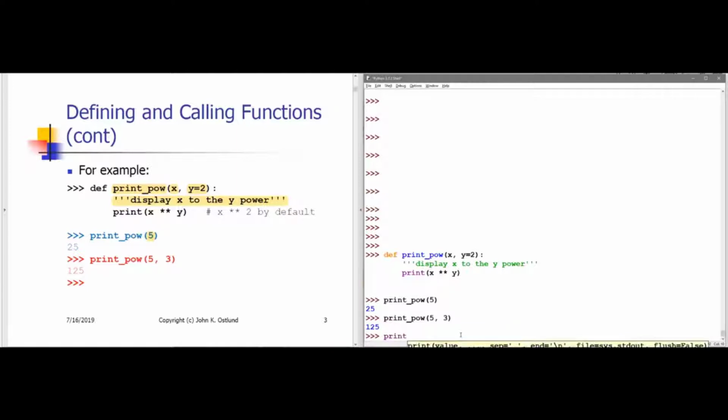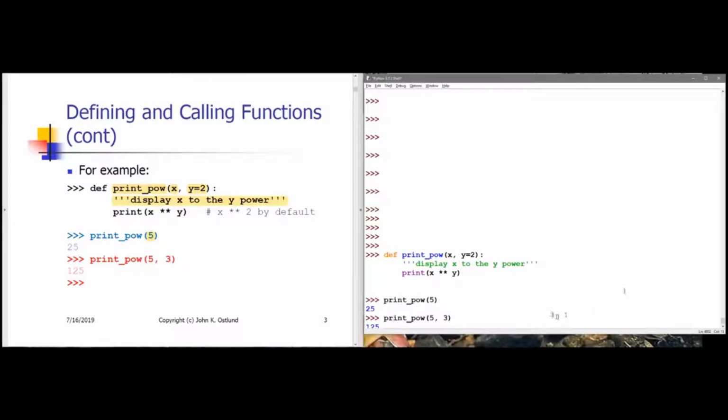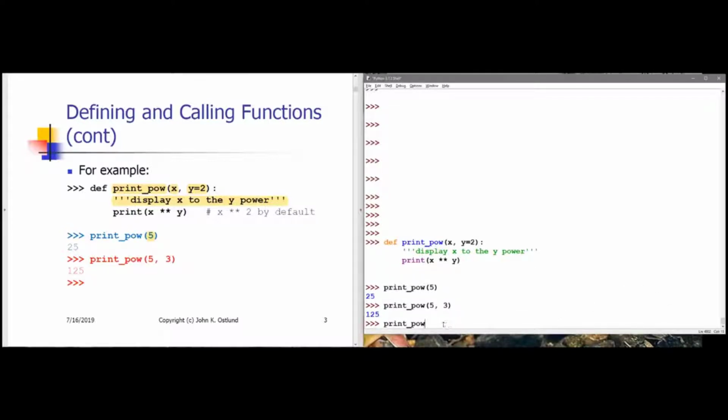You may have seen this little flicker of documentation appear when I type printpow and hit the parenthesis character. Most development environments, and in this case the interactive shell for IDLE, will display the parameter names for the function as well as the docstring. Now you can't see the docstring here because my window is a little too tall for that. Let me shrink my window height a little bit, and then you'll be able to see the documentation displayed. Okay, so here we can see that the parameters are displayed and we get the docstring, display x to the y power. So let's try 6 to the 4th,